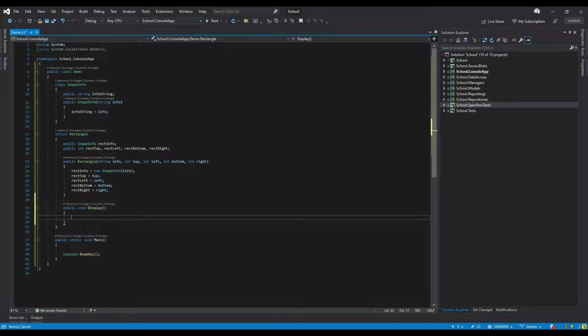So what this will display is the values of this rectangle along with the values of the string info in the shape info object, right? So what we can do here is console.write, and the string value is, suppose, 0 1, so the next value will be the top, the first value,